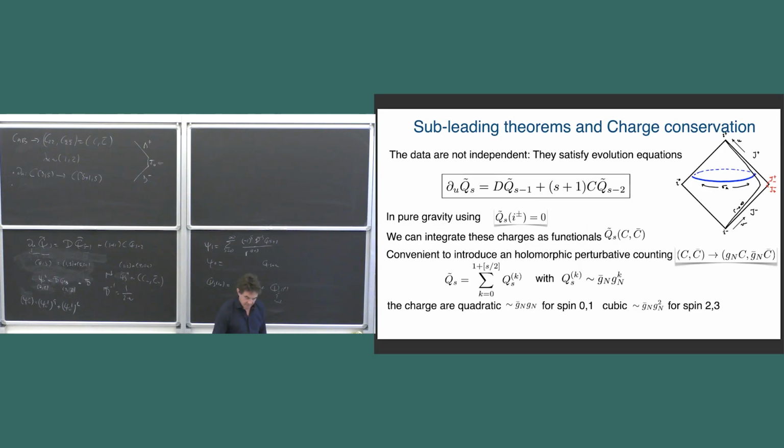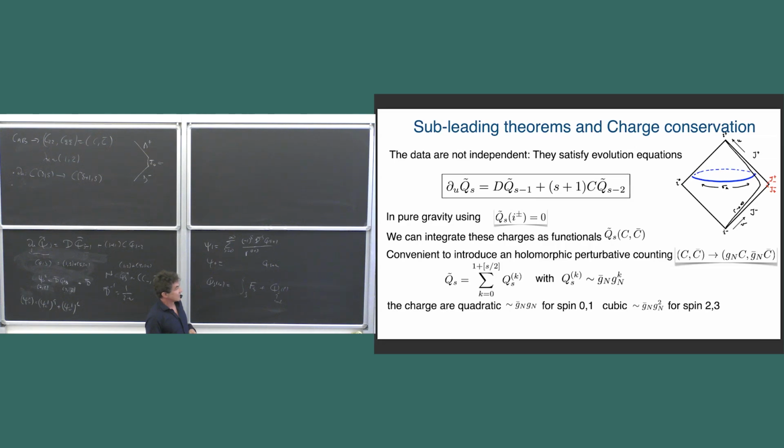Okay, so to understand what I'm doing here and what kind of truncation I'm doing when I take this equation, it's interesting to think that these functionals, after I integrate them, are going to be functionals of the shear, C and C bar, okay? And in fact, you can show that they're going to be polynomial functions of C and C bar. And so you can count the degree of this polynomial. It's very interesting to split the Newton constant into a holomorphic component and an anti-holomorphic component.